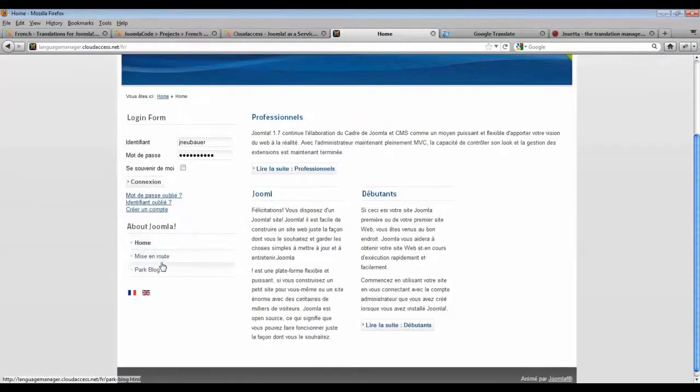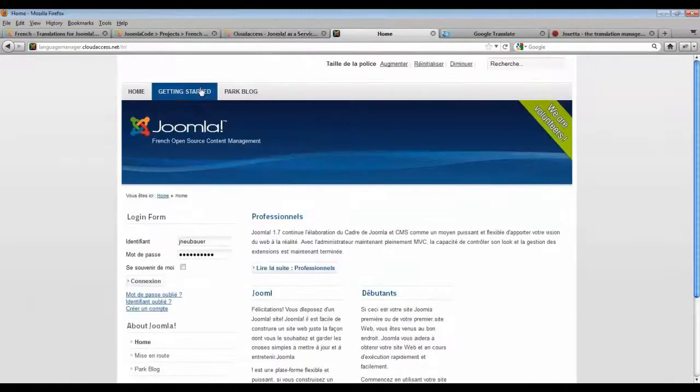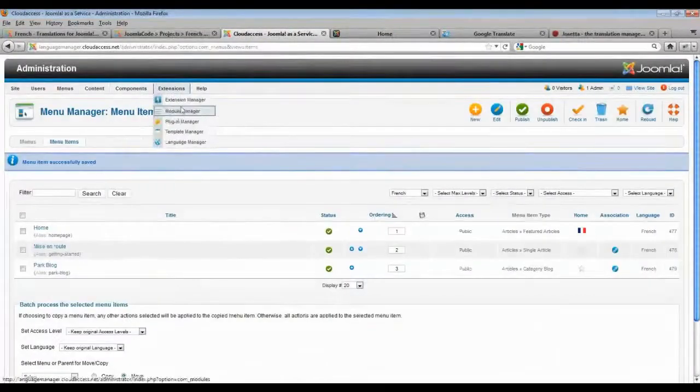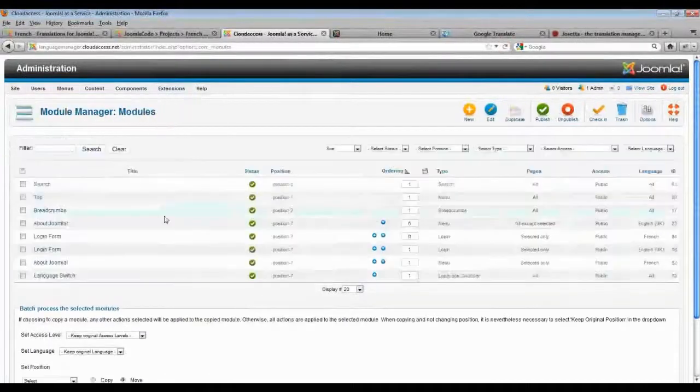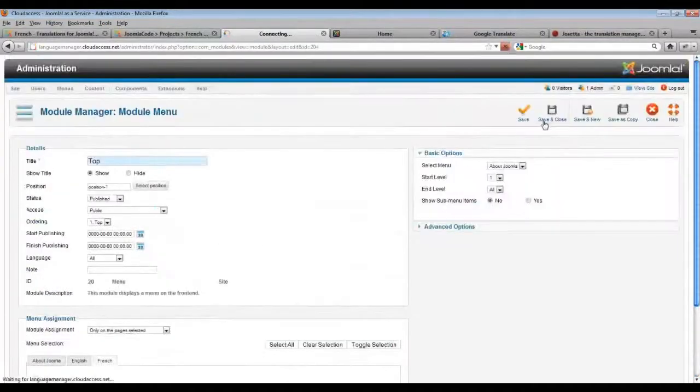As you see, we've actually switched the modules here. So this one that I just threw in Google Translate is showing up correctly. The one I didn't do is up here in this top menu, and again, that's a similar process of going over here, finding our top menu item, restricting it to only show on the pages selected, and removing it from the French menu item, saving that,